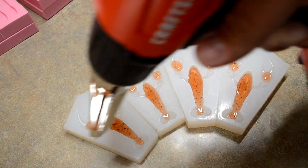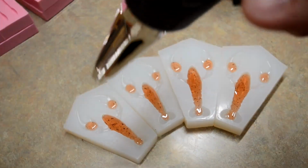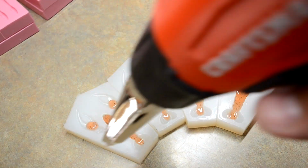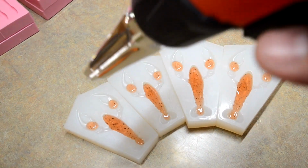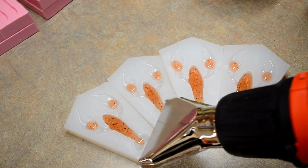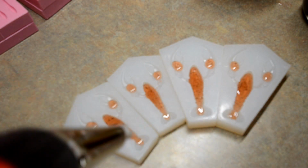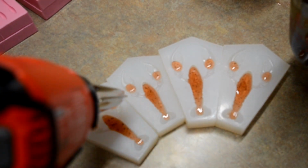So like I said, we're just going to keep heating this up. I think the green pumpkin is done. So I'm trying to do two things at once here. Okay, the green pumpkin is done, and it's very hot. But what I'm going to do here is keep heat on this,